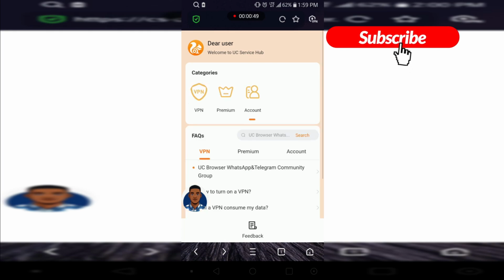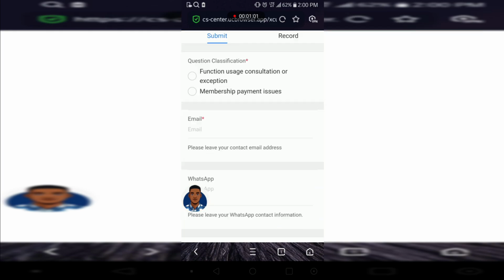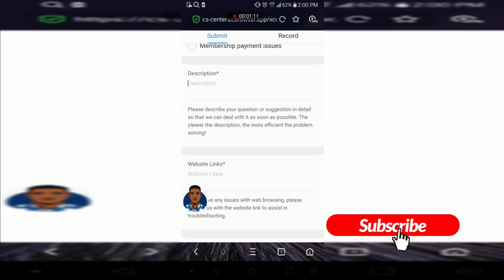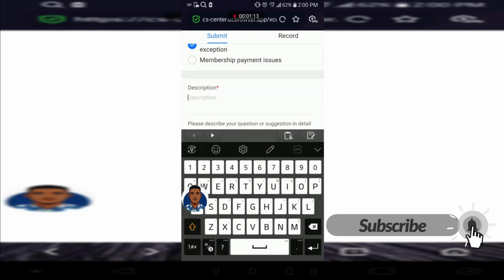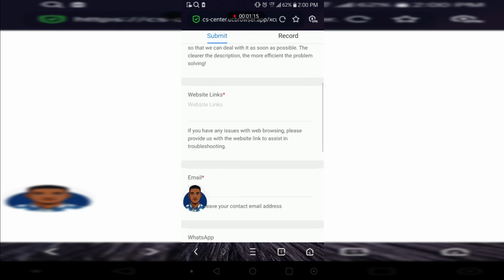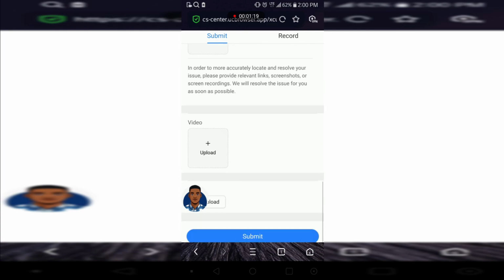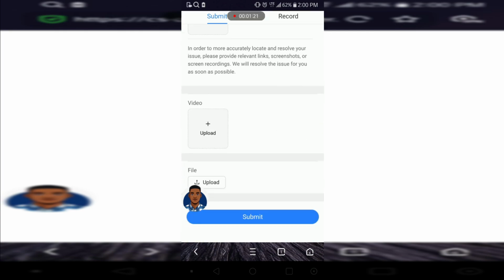We want to text them, so we tap on the feedback here. Good. So we'll be sending them a feedback. So let's say we are going to select function usage. We describe our problem. We can even add links of our choice. We add an email, our contact. We upload a screenshot of our problem. If you have a video, if you have a file too, you can just upload it and you submit it,